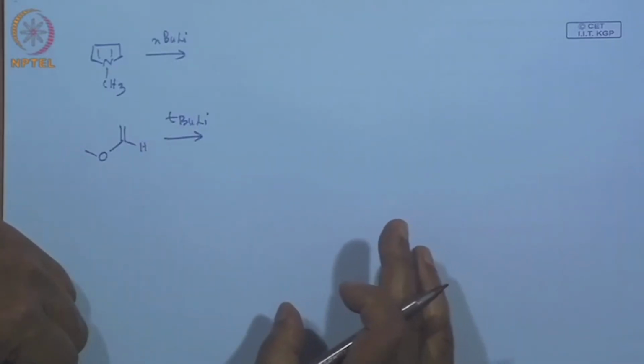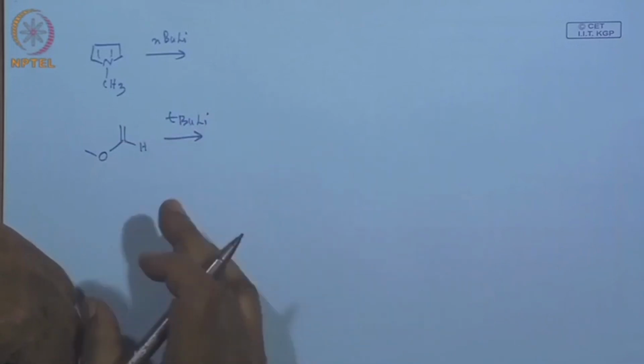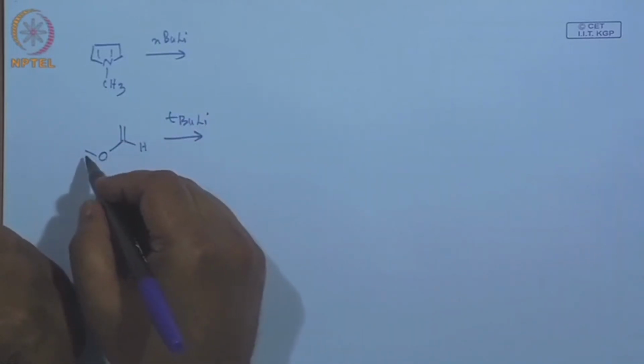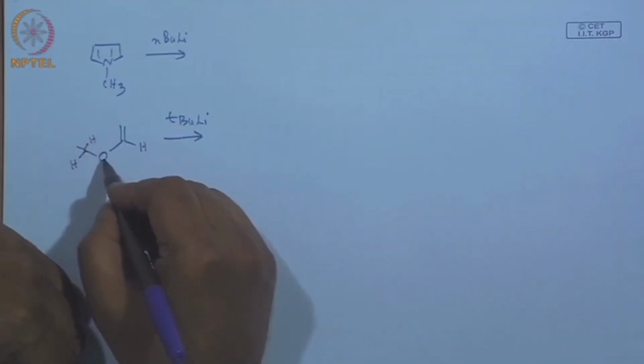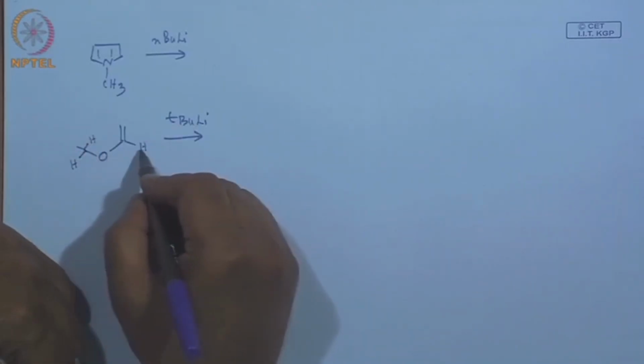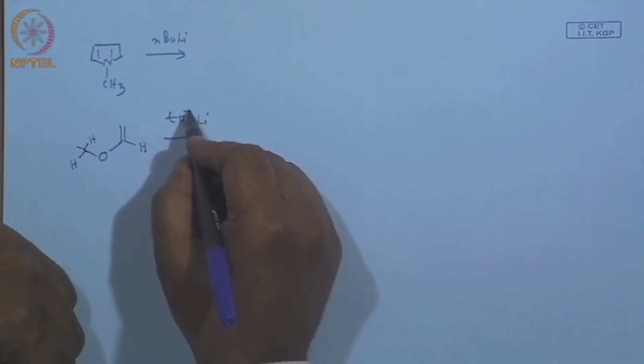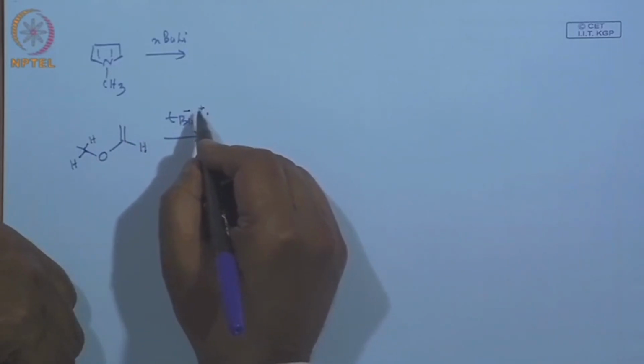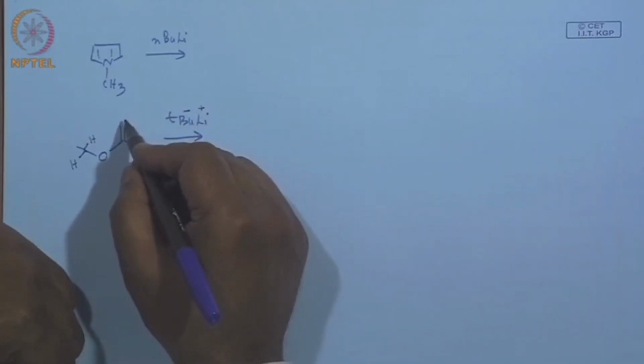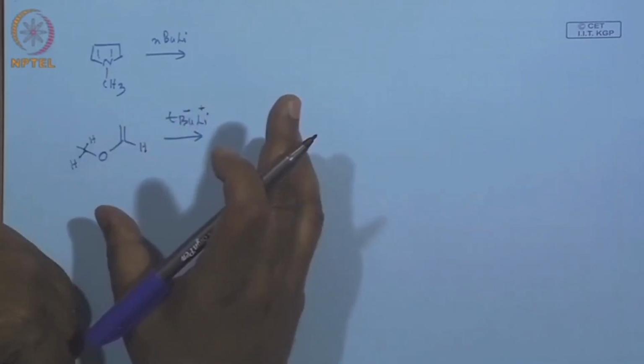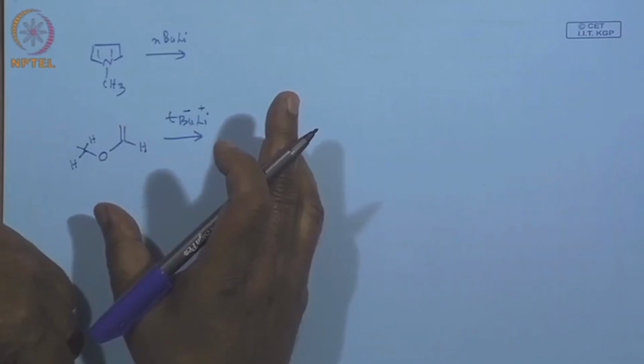So many things can happen, right? All these hydrogens are functionalizable. This hydrogen is also next to an oxygen heteroatom. This hydrogen is also next to a heteroatom. And then all of us know this butyl lithium is minus and this plus. So, it can also undergo Michael addition. All kinds of possibilities are there, but of all